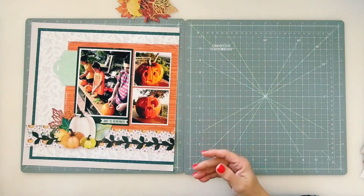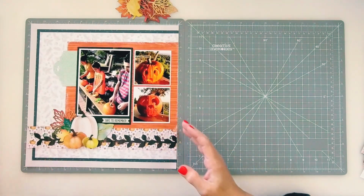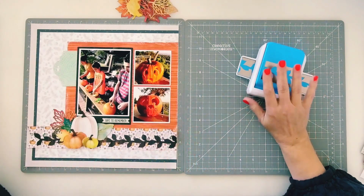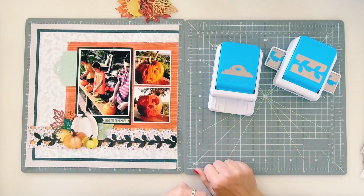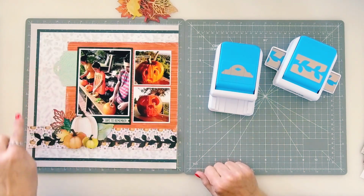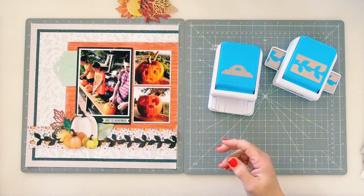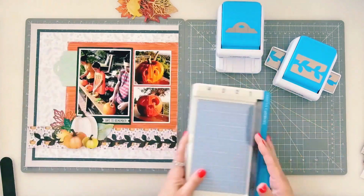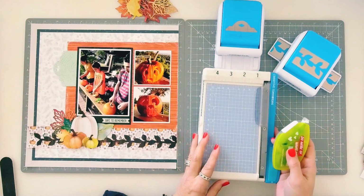Now let's talk tools. You'll notice from my page that I've actually used a couple of our punches. One is the Leafy Vine border punch and the beveled tag punch. Okay, so you see that here and here. You're also going to need to grab your 12-inch trimmer, your personal trimmer, all your goodies, your microtip scissors, some